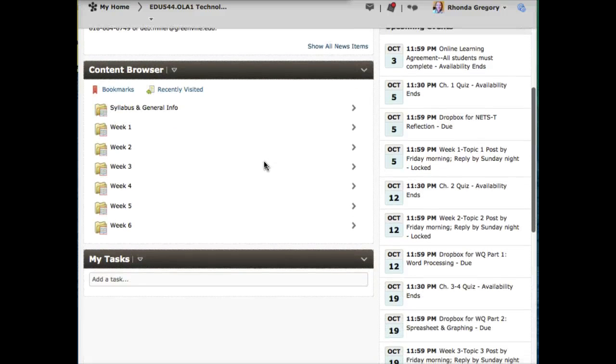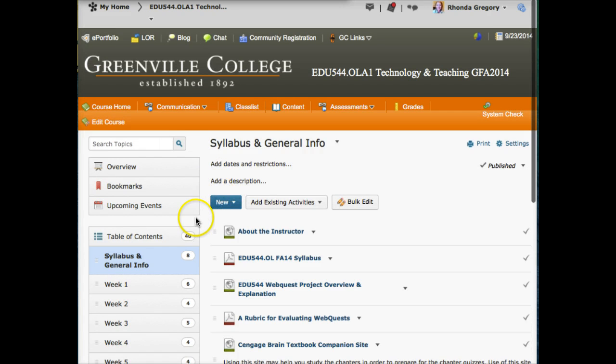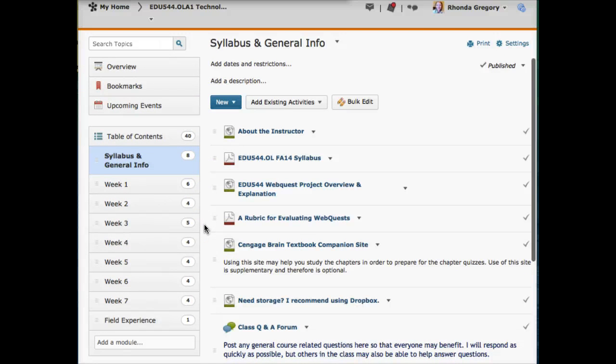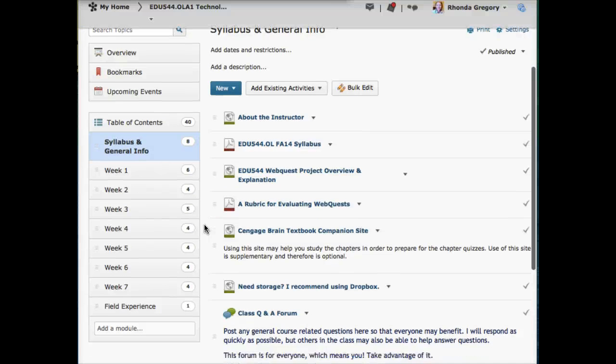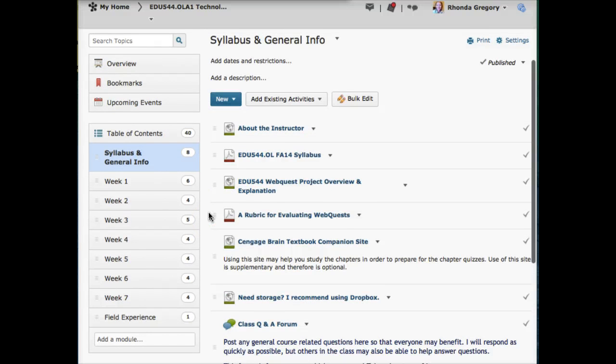Below the news item is the content browser, and you can always use the links that are here on the page to get into specific weeks and assignments. I like to just click right here on the words content browser and let that open up and show me the entire table of contents for the class. Now, I don't have any date restrictions on your access to any of the course materials. I do have some dates in place on the specific assignments that they need to be done within the week they are assigned. But you'll be able to log in here, look at the content.